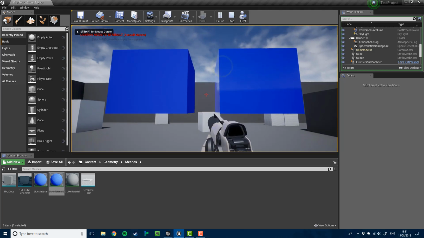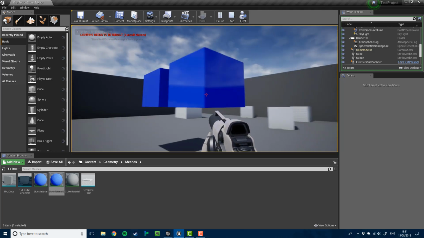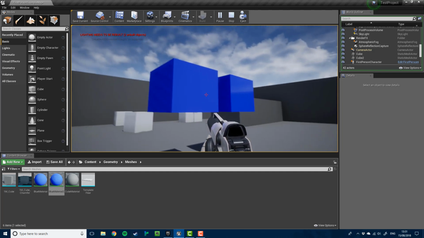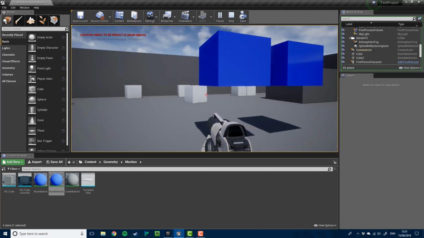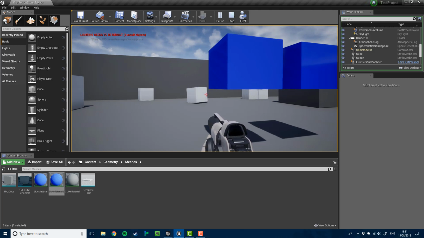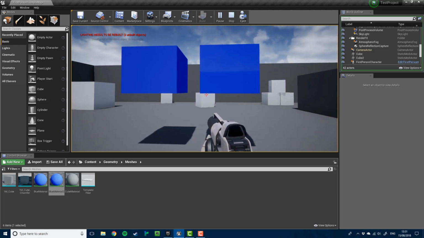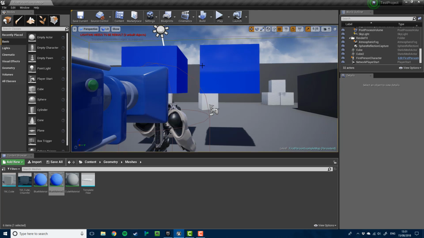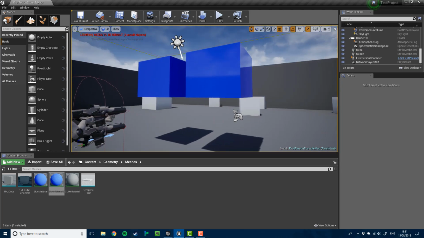Now we're testing the game in the first person mode. As you can see, the cubes are floating. You can shoot them and objects will collide. However, unlike the cubes in the game world, they do not react to gravity or the force of a bullet hitting them. If we want to change the way that these cubes behave, we can left click on them,